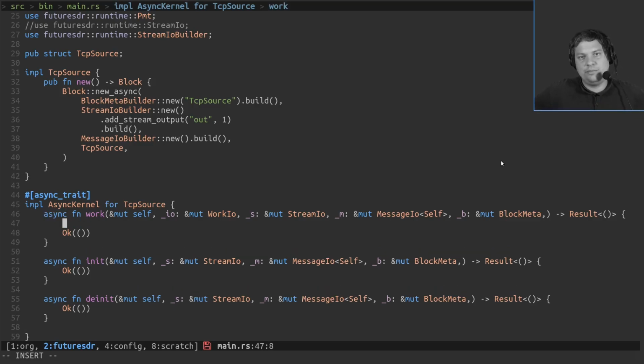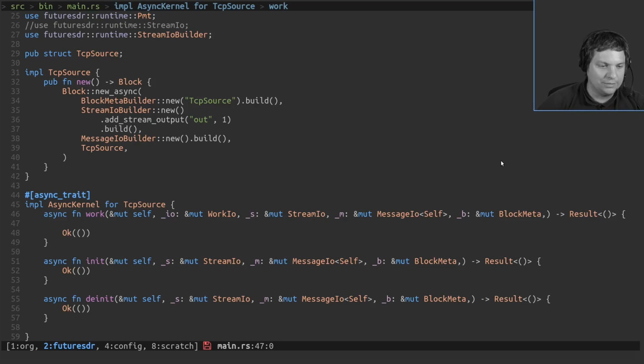And I selected the TCP source because obviously that's a good way to demonstrate async functions, because you can await accepting the connection and await reading more data from the socket and all this kind of stuff. So let's see how this could look. Also, implementing a good TCP source is not really easy. With GNU Radio, they actually spawn an async framework for this, because it's just a nice way of doing it. They have the whole GNU Radio runtime and an async runtime running on the side just for this TCP source, and here it just integrates nicely.